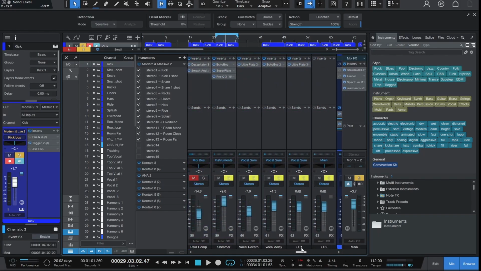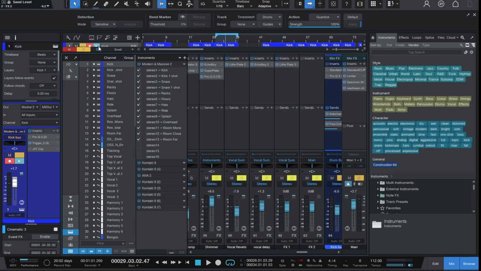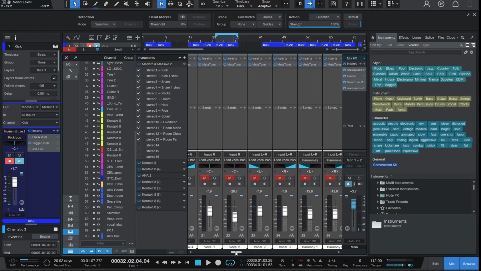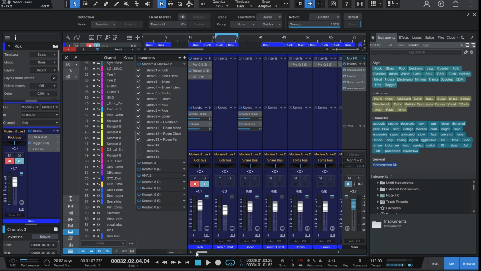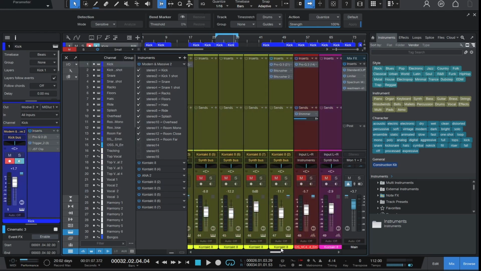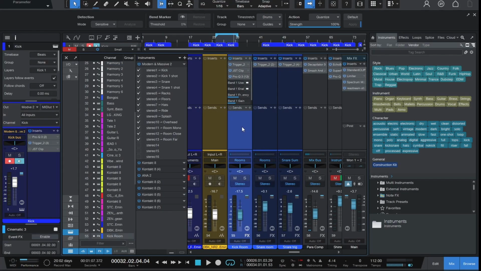So if we solo FX2, we'll be able to hear that it's sending my kick drum to that effects channel. And I'm just going to remove this real quick because I have that kick channel that I just showed you routed to this kick room effects channel, where I have another instance of Trigger,